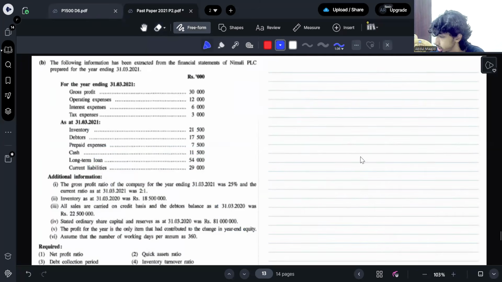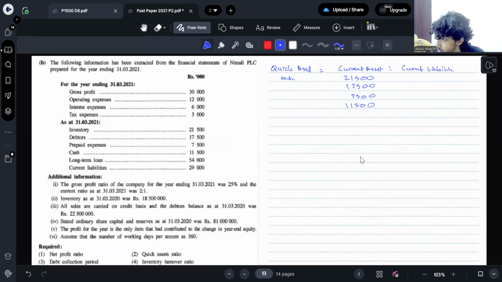So quick asset ratio equals current asset is to current liability. So what are the current assets you have? Inventory, debtor, prepaid expense, cash,